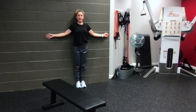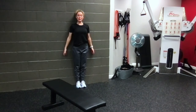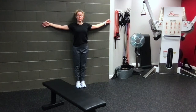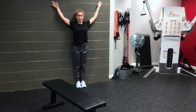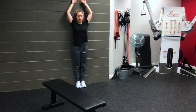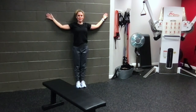with intention and making sure that I do it in a way that's most beneficial to me, which is going to be slow and controlled and working my way through the range of motion. So once you get at least 5 of those,